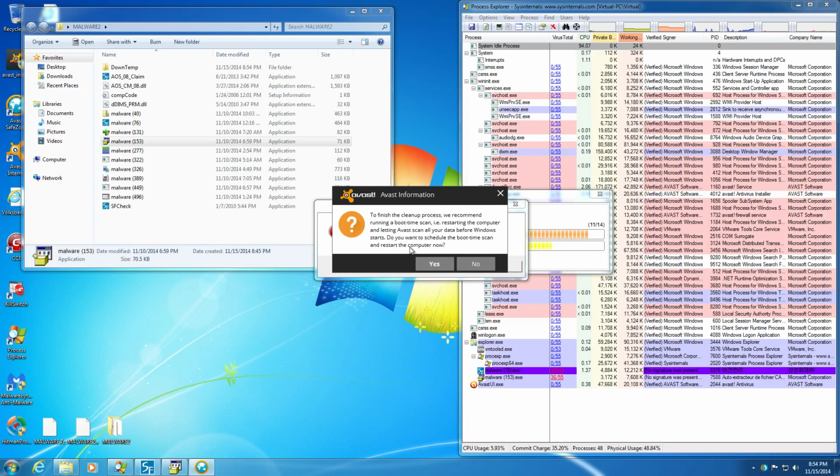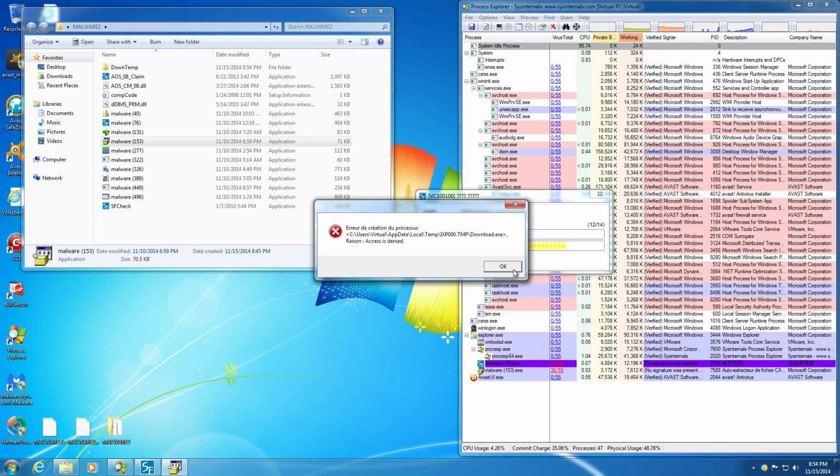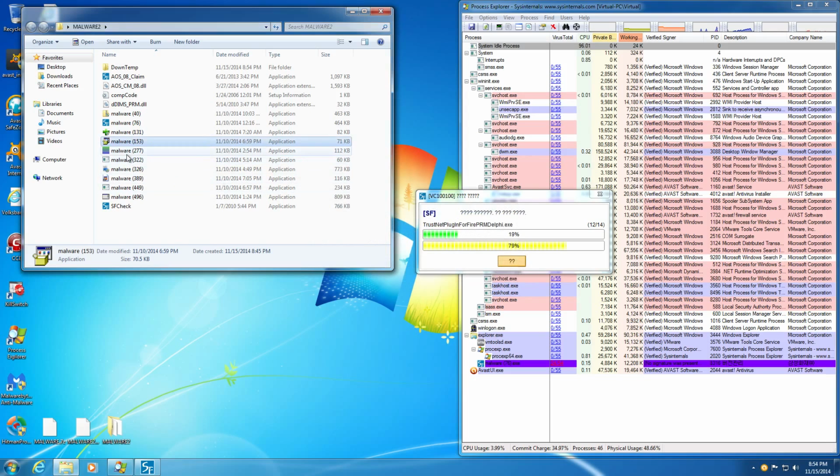Okay, I'll have to think about that. I'm not going to do it right now, but I don't necessarily know if I'm going to run a boot time scan on my computer just because I don't really have the time. And the fact that it's on the computer already kind of is not exactly good. So